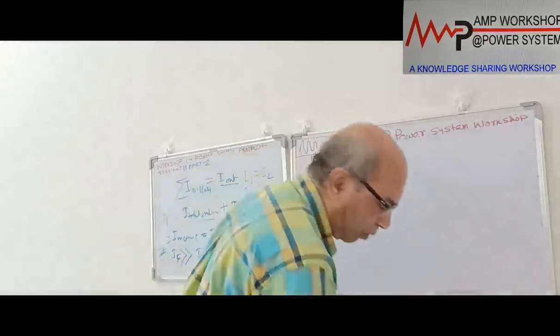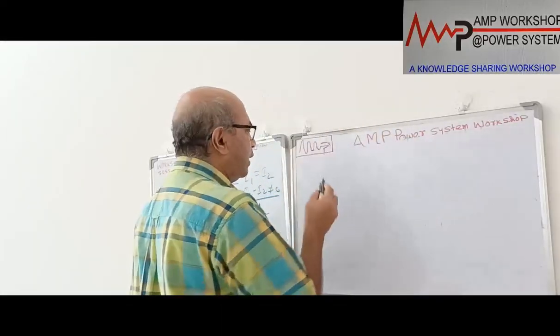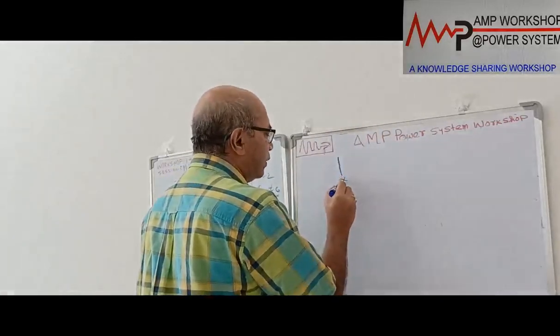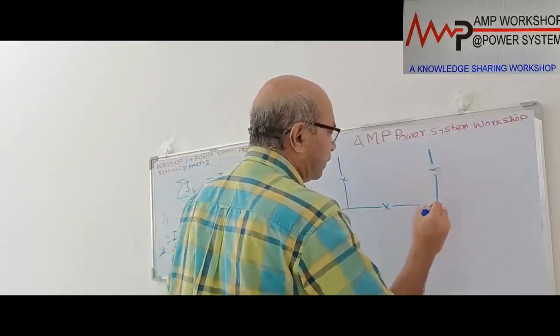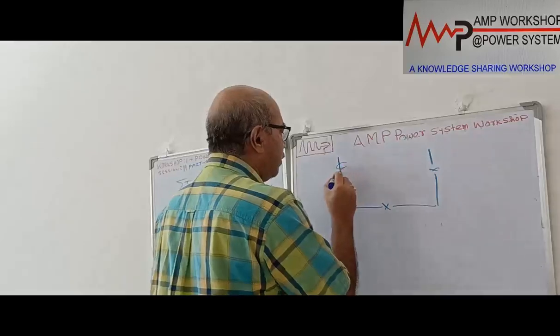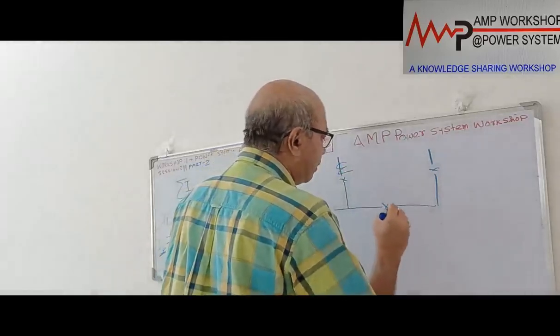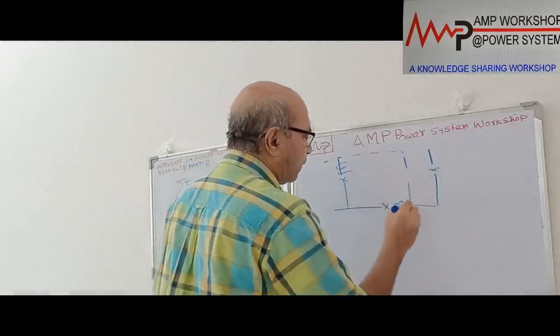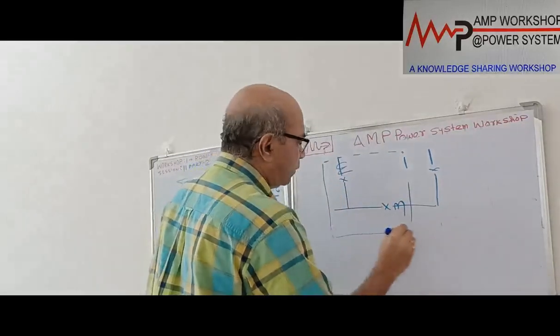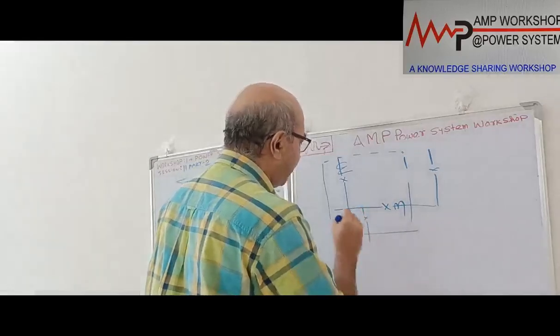Now we have already shown two zones. Now we will consider only one zone first. Suppose this is a bus coupler, incomer, and that is a bus coupler, and then it is going to another. Here we have shown the CT located over here, and to include the bus coupler, this is the zone 1 CT. This is zone 1, and all the outgoing is going from here.